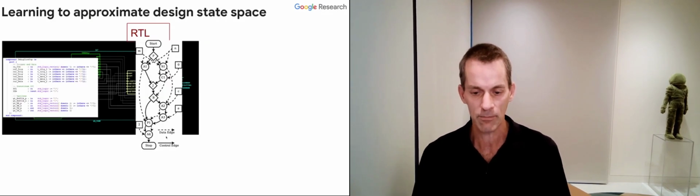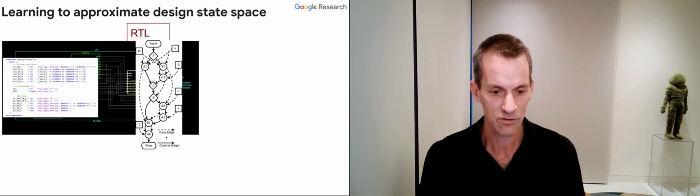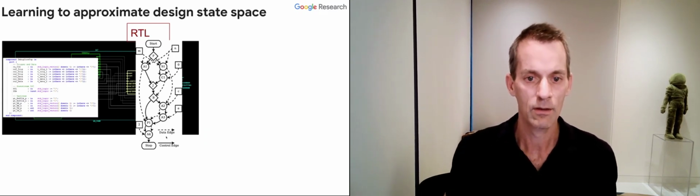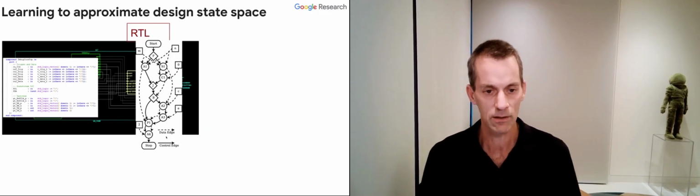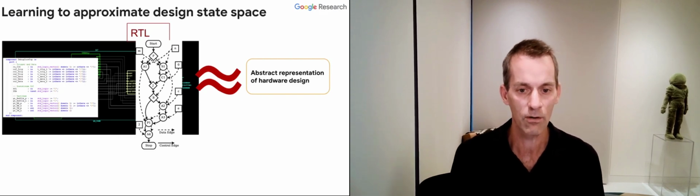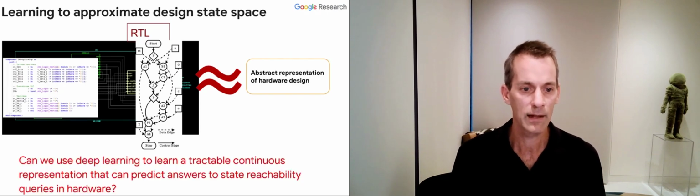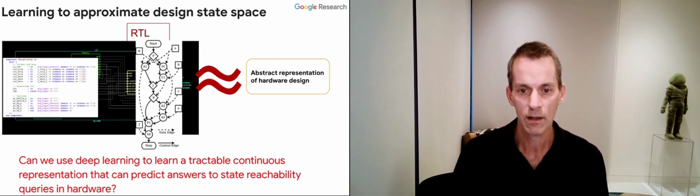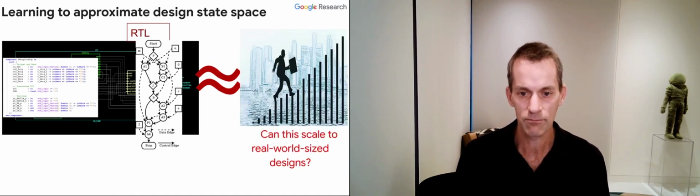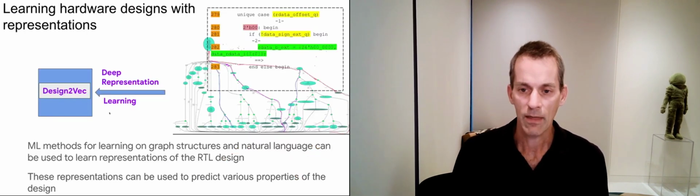And this was a paper that appeared in last year's NeurIPS by the authors you see there, Learning Semantic Representations to Verify Hardware Designs. And the basic approach is you have the RTL of the chip, which is kind of the source code description of how all the different pieces of the chip are connected. And you can view that as some RTL-like language, or you can view it as a data flow graph with data edges and control edges. And that gives you an abstract representation of the hardware design.